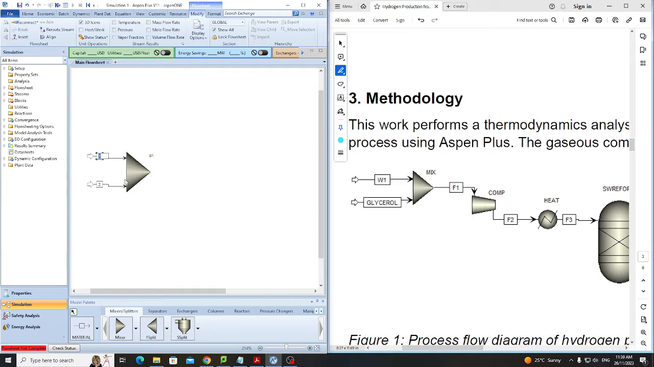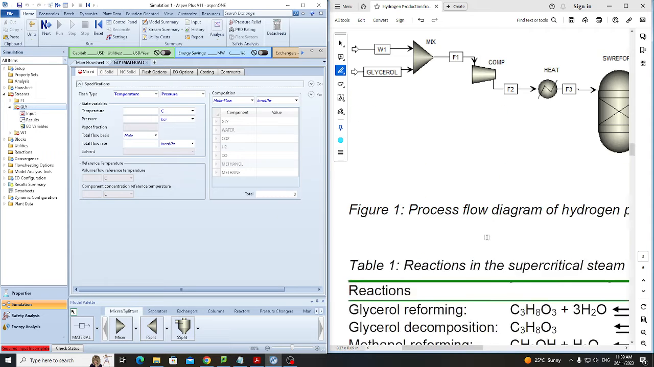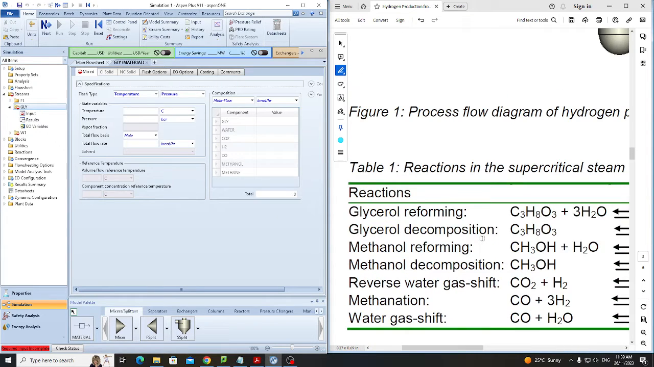So I can call this one W1, and the second one I can call glycerol. Right, and then we can have an output. The output stream we can call F1, and this one I can simply say is called mix stream. Right, so let me go into the glycerol composition part, and according to the